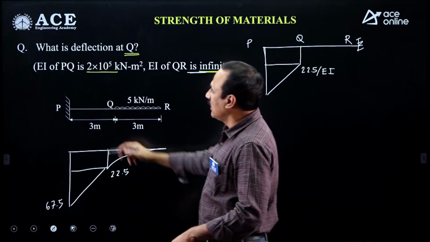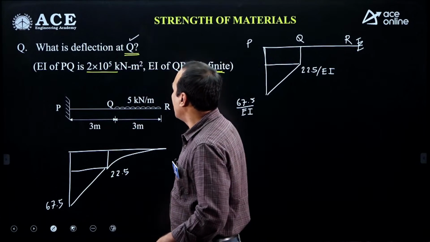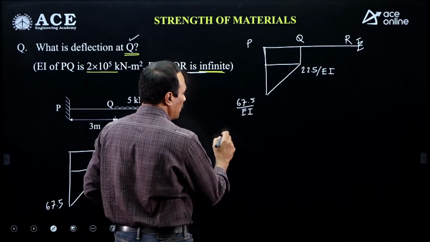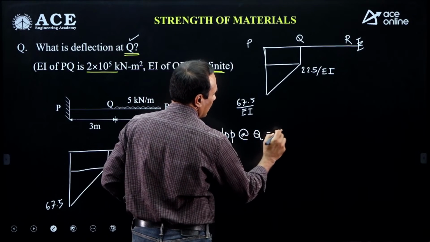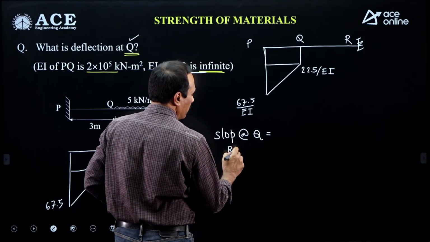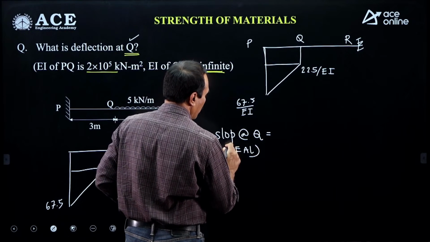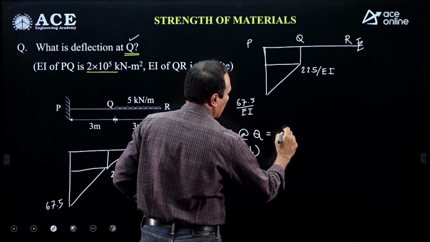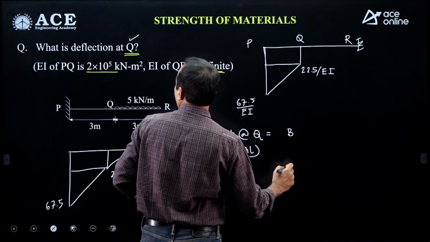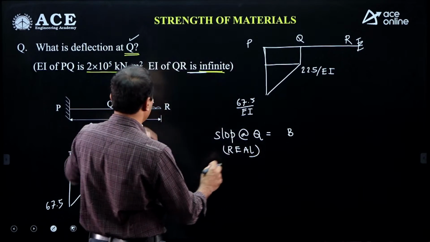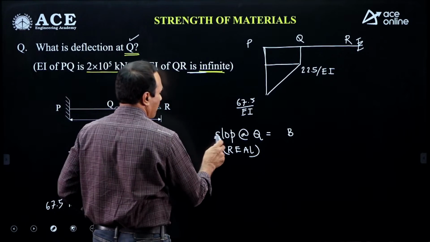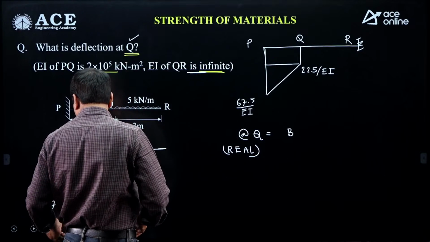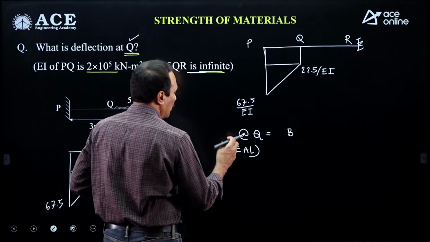Now, if you want slope at Q of the real beam, they are asking the deflection at Q. Deflection at Q of the real beam is equal to bending moment at Q